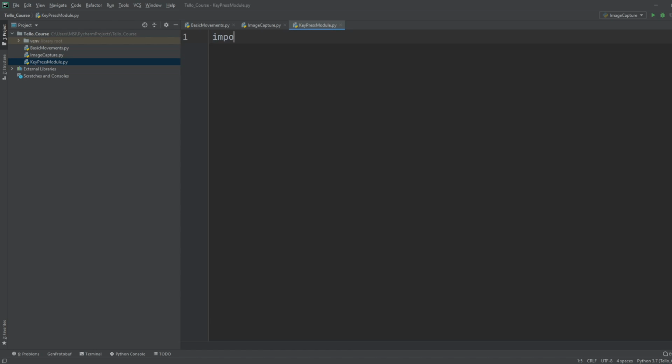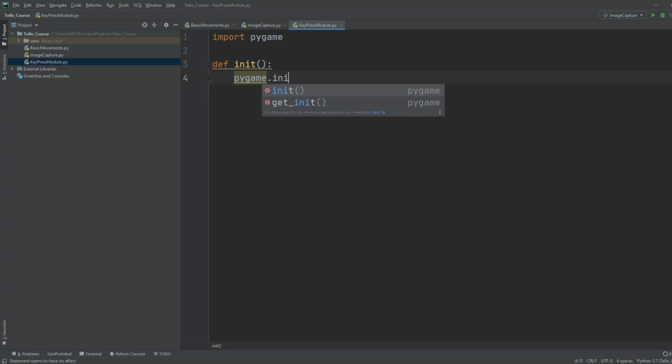So we will write here import Pygame, and then we will initialize a window for our Pygame. The idea of this library is to create different games. So whenever you want to detect a key press, it has to be within a game window. So we need to create that window. We will create a new function called init. We are going to initialize our Pygame dot init,